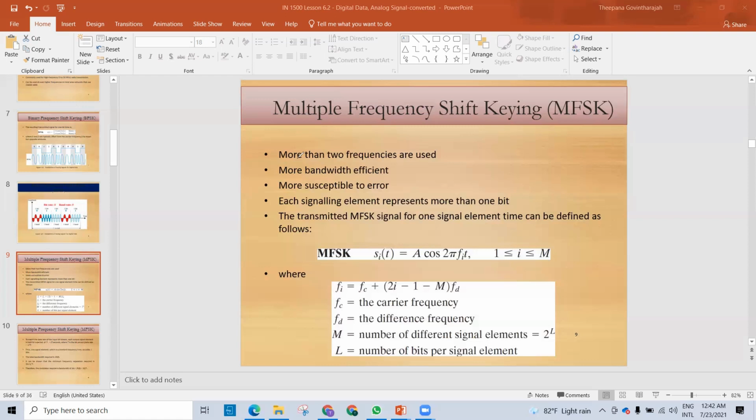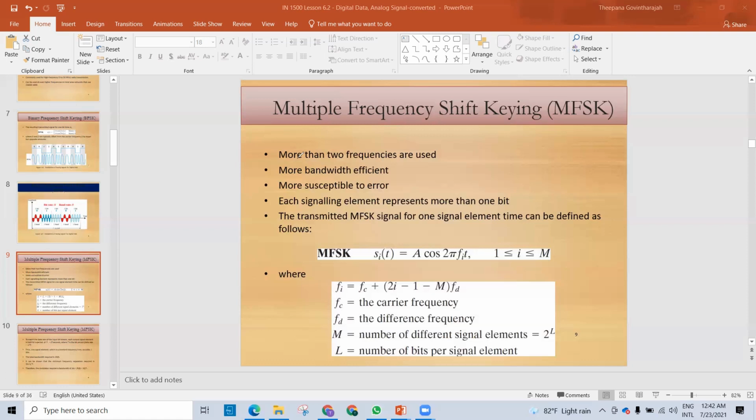And with the same signal rate, we are able to transmit more data. So it is bandwidth efficient. And when compared to BFSK, it is more susceptible